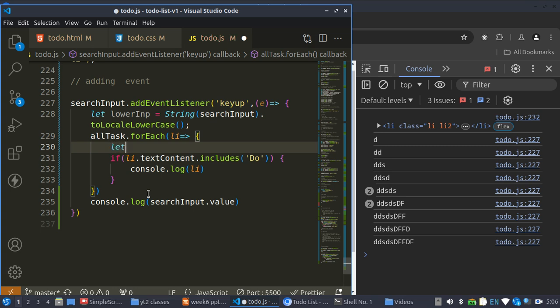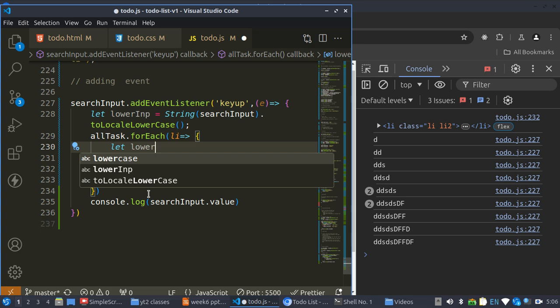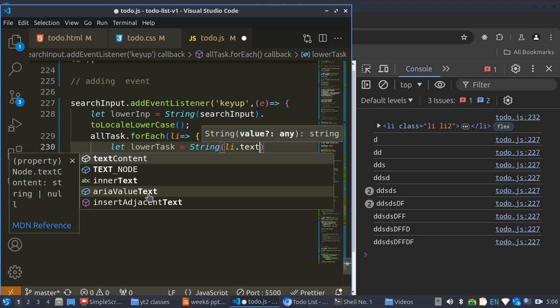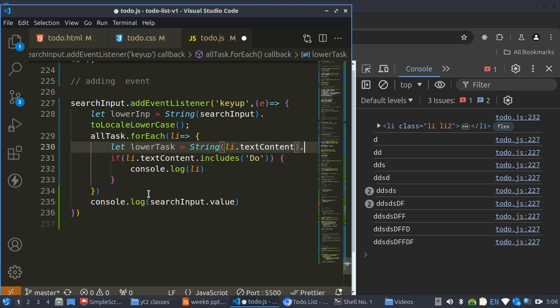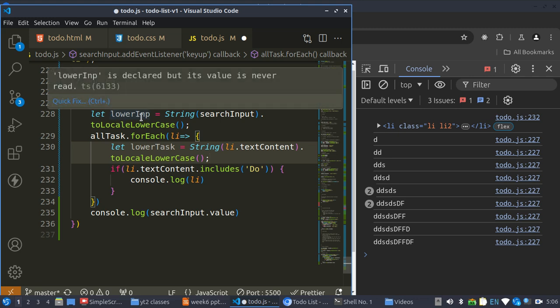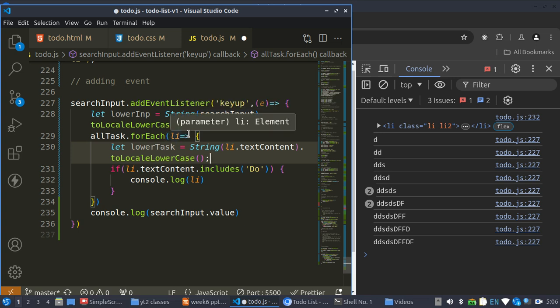So let lowerTask be equal to String, then we have li dot textContent dot toLowerCase. So by this now we have converted the search input, to what? To the typed input. So with this now,